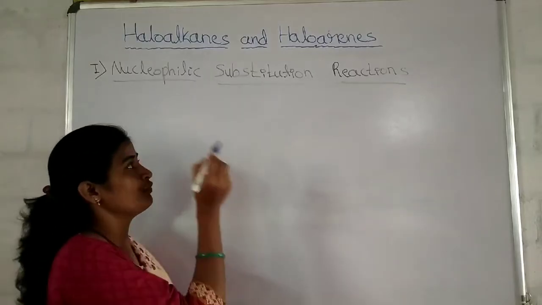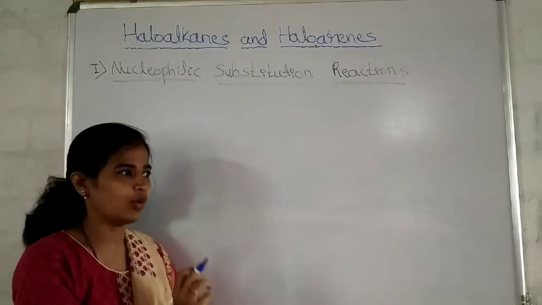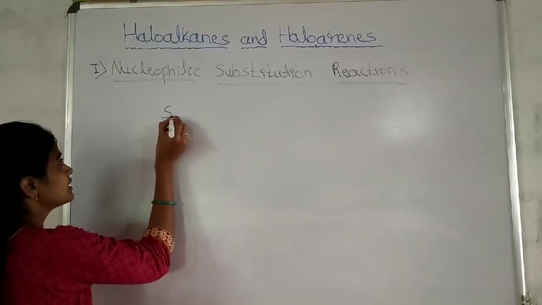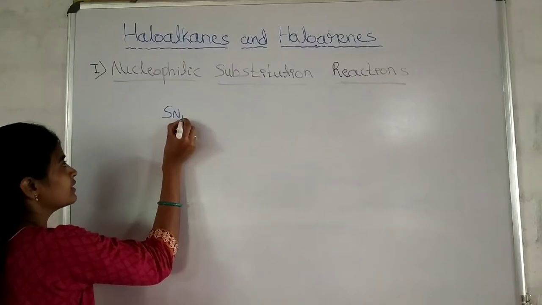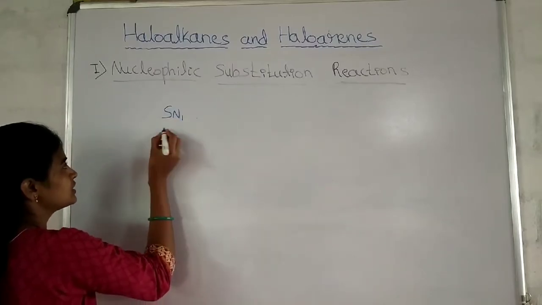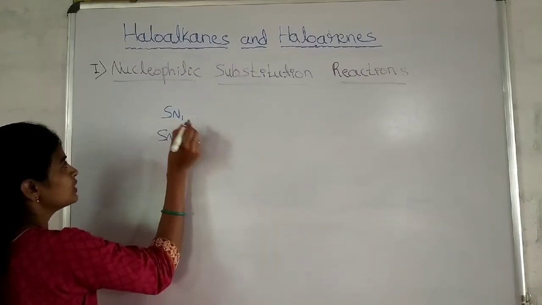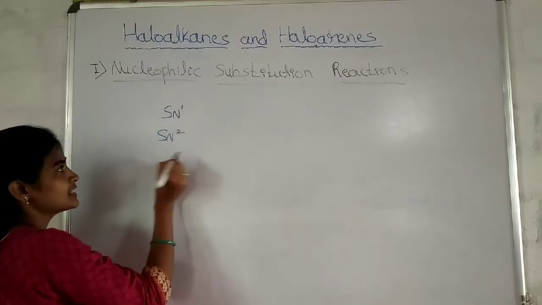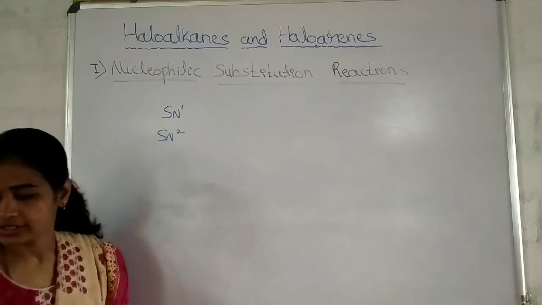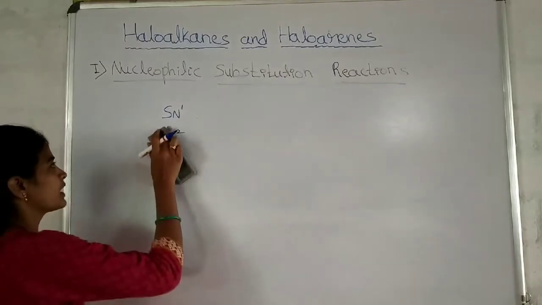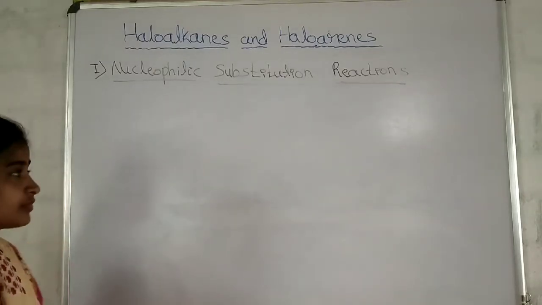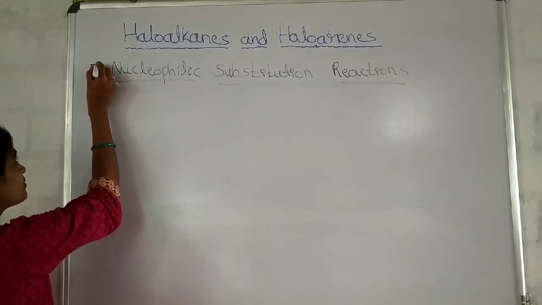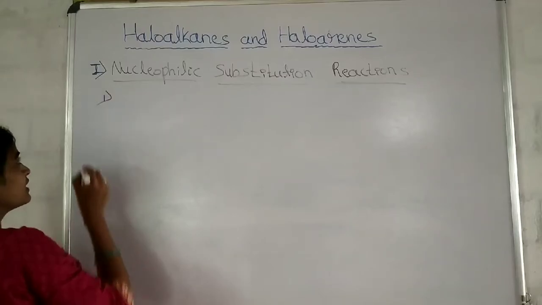In the nucleophilic substitution reactions of haloalkanes, two types are there. One is the SN1 reaction and the other is SN2; like this we can write. SN1 mechanism and SN2 mechanism. First let us study the SN2 mechanism. What is the meaning of SN2? This is the first Roman number I have taken, so first I will write like this: